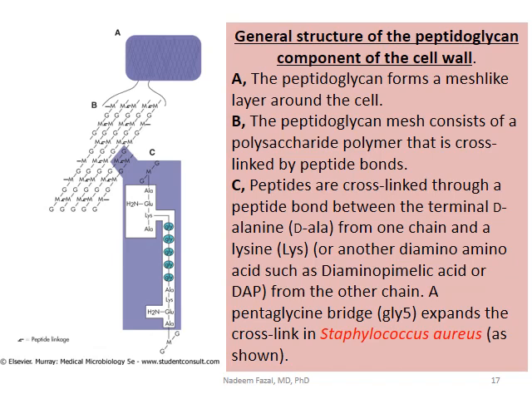So you have a peptide bond between the terminal D-alanine from one chain and a lysine from the other. You can see lysine from here, and this is all bound to alanine over here. So these are some of the typical chains, and in this case we call it a pentaglycine bridge, which is Gly5, and that basically expands through and through when they want to cross-link in Staphylococcus aureus. So any drug